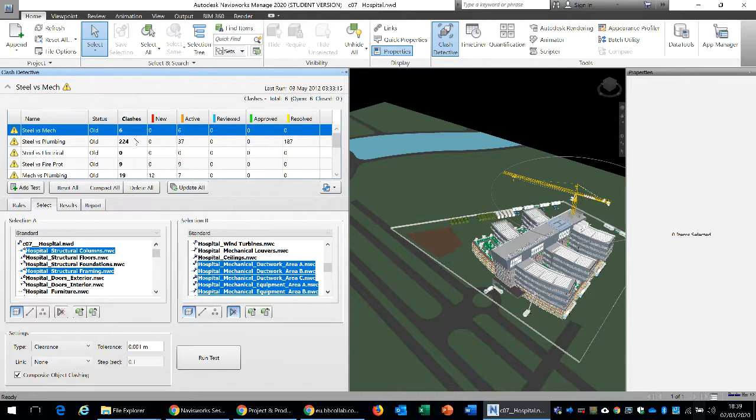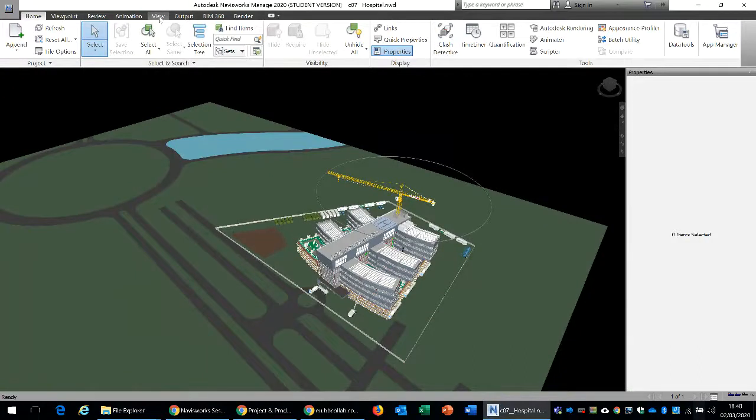It could be a painstaking job of going through this, because it's just software. Software is basically identifying where there is a physical clash taking place between two objects, and it could be a case that some of these clashes should be ignored, because that is what is expected. There will be some joints between steel and plumbing, so it's a case of those with good knowledge of production going over it and seeing. So clash detection is a good tool which allows us to do a lot of thinking before we go on site. Now, if we see this particular example,